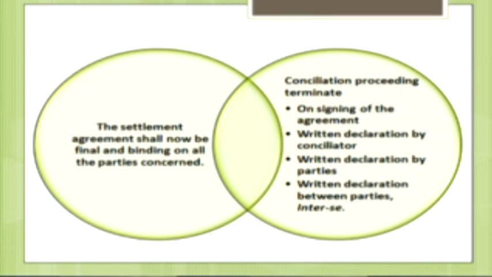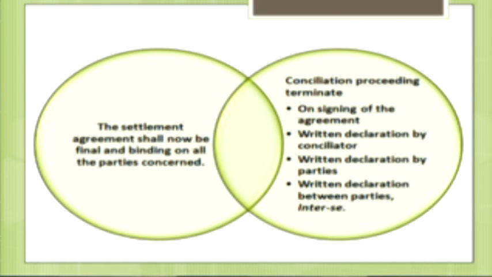So the settlement agreement basically is the final binding. We can say that both the parties now have obligations to perform after resolving their issues. So this settlement agreement must be signed by both the parties, must be written, and yes, declared by the parties that they agree with that procedure. So that comes into the settlement agreement.